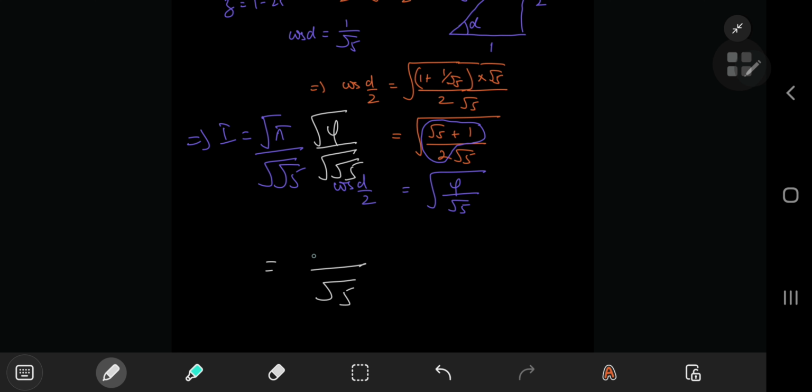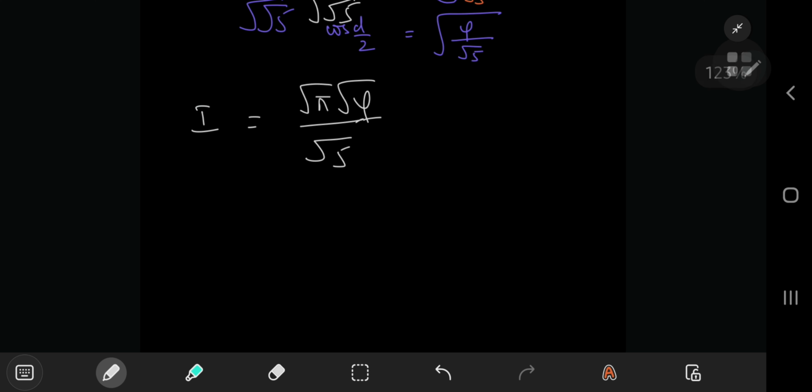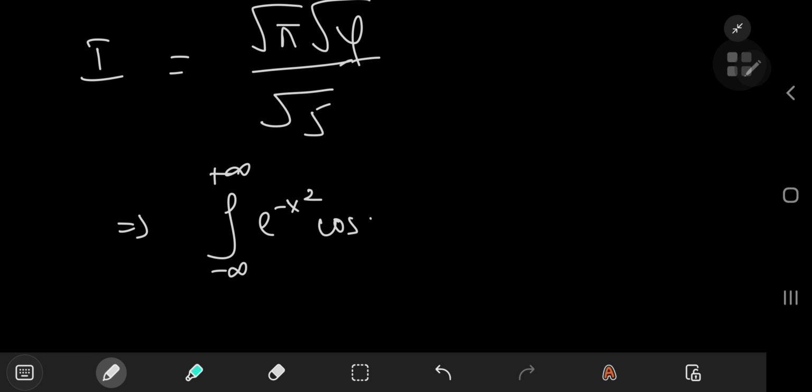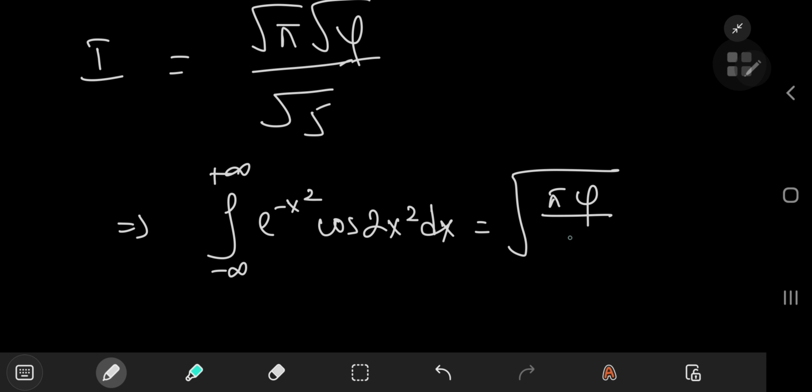And upstairs you have the product of the square roots of pi and phi. So all of this implies one thing. It implies that the integral from negative to positive infinity of e to the negative x squared times the cosine of 2x squared dx equals the square root of pi times phi divided by 5, which is in fact a